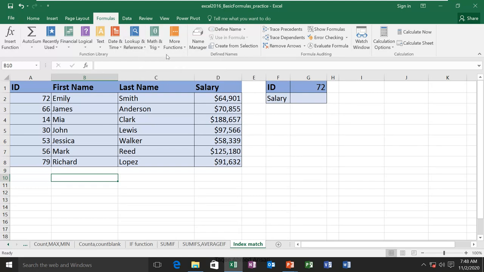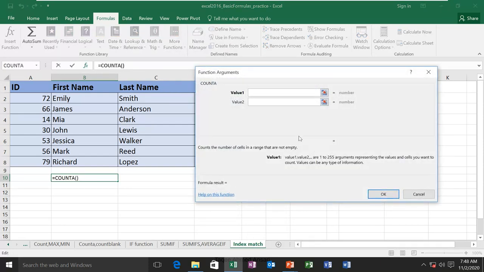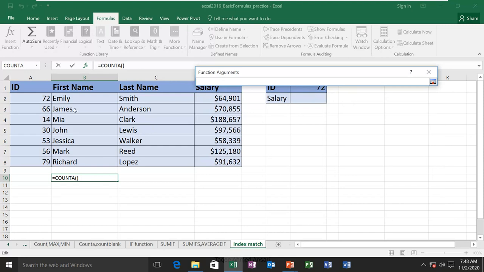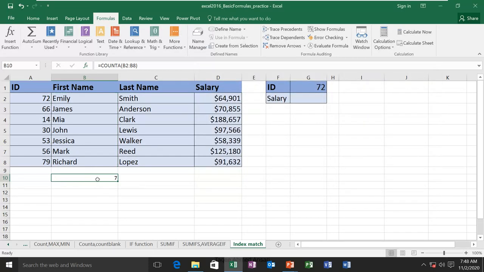So if you know the name exactly, then you can go ahead, like if you know the COUNT function is in the statistical category, you can see it is here, so you can select it from here and then give the values which you want. So if you know the exact function name and the category, then you can find it here. Otherwise you have to search for every function, so it is a good idea to use this Insert Function command.